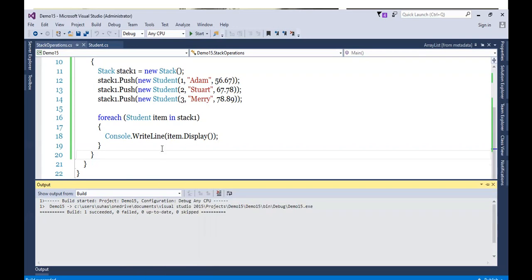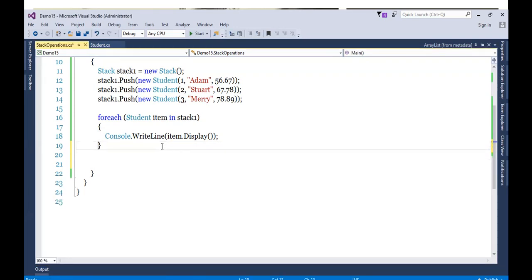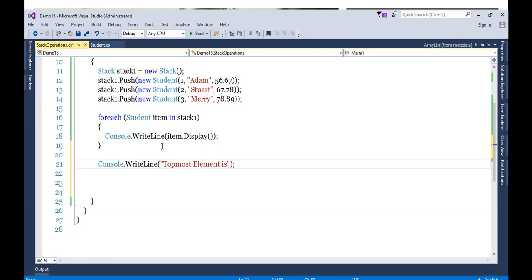On the other hand, if you use other methods of stack, like here, if I use Peek, watch out what Peek will return. Topmost element.